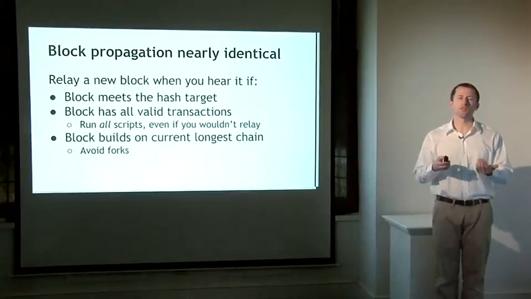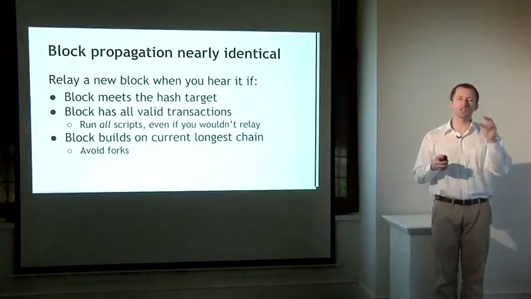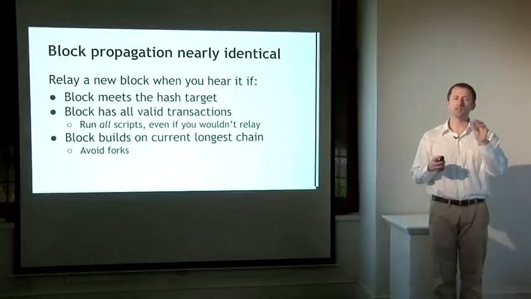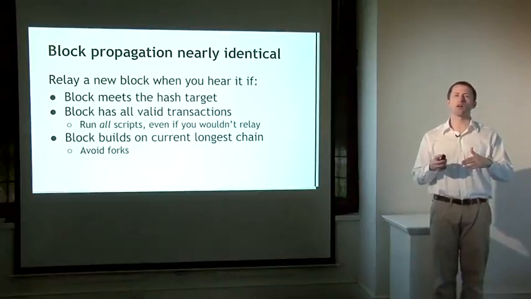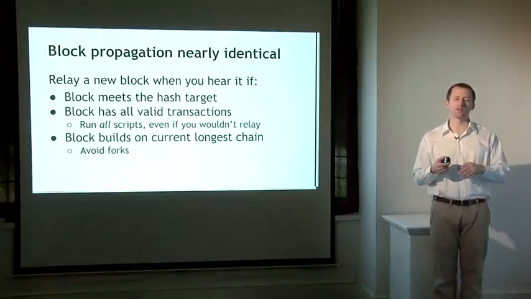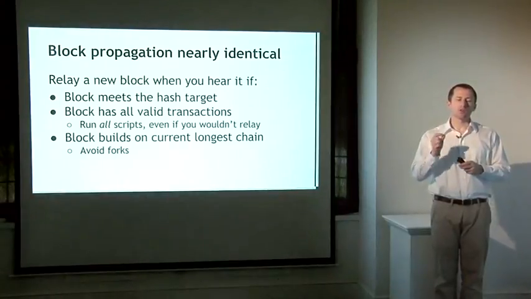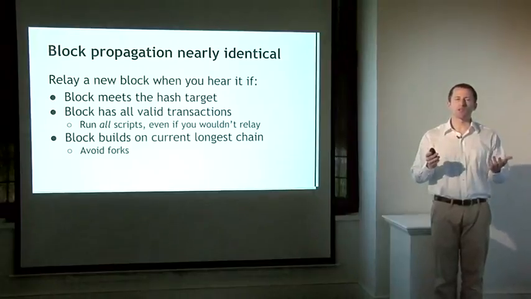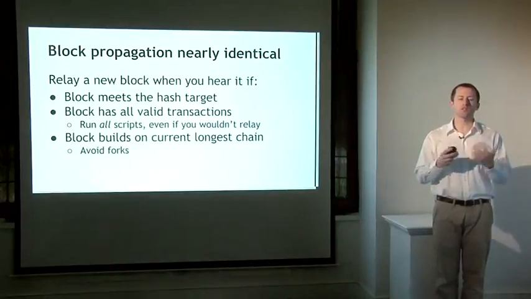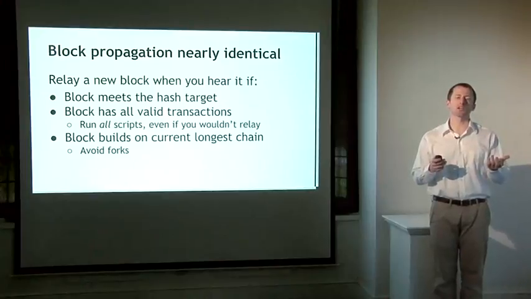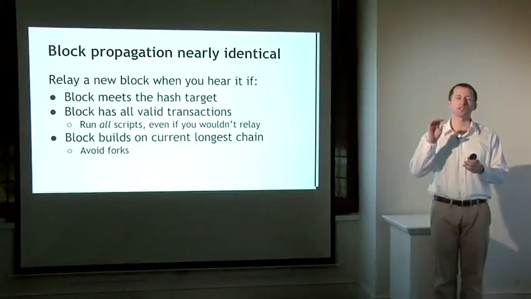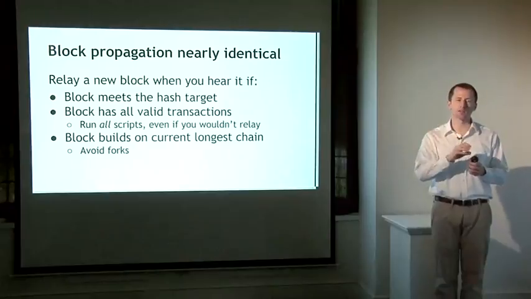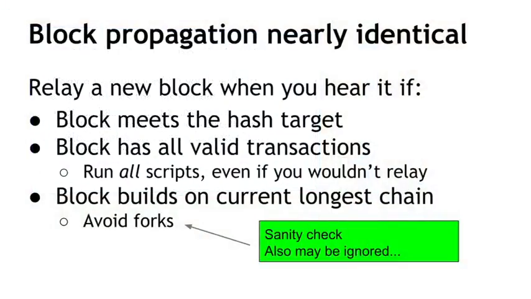Now, validating a block is also much more in-depth, because in addition to validating the header and seeing that the hash value is correct, nodes are asked to validate every transaction included in the block to make sure that the block contains only valid new transactions. And the other check, which is this really important critical part that makes Bitcoin consensus what it is, is that nodes shouldn't forward a block unless it builds on their perspective of the current longest chain. So they have a view of the blockchain, and they should only forward new blocks if they come at the very end of the chain, not at some earlier point. And this avoids forks building up.